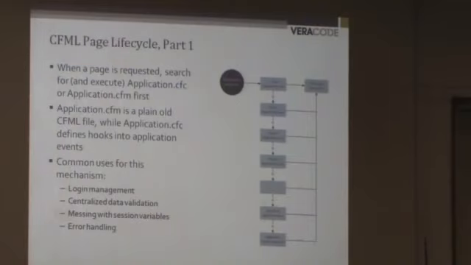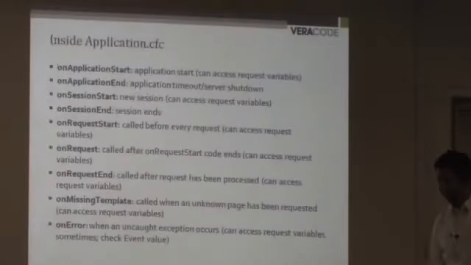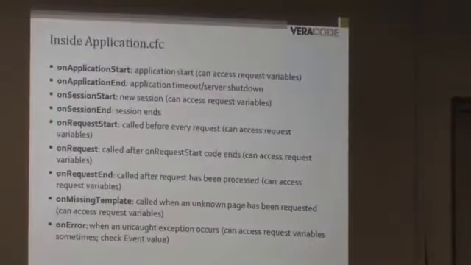The typical uses for this mechanism are authentication, to make sure that somebody is logged into the application before doing anything else. Some people do data validation here, session variables that need to persist across pages, centralized error handling. These are all things that people use application.cfm and application.cfc for. Application.cfc is a little bit more complicated, and it has a bunch of different hooks that you can put in place to get called at different places in the request lifecycle. Whereas application.cfm just executes from top to bottom, application.cfc gives you a little bit more flexibility,